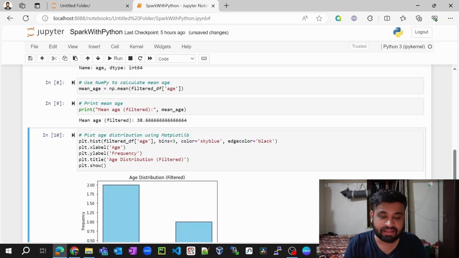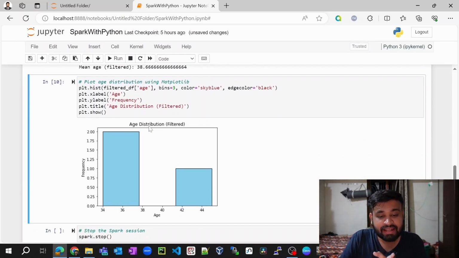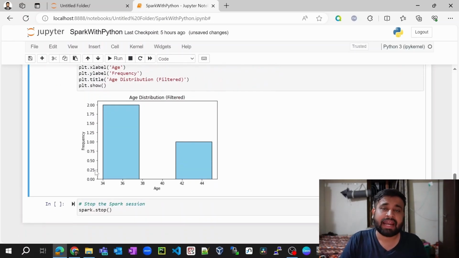Once I run this, as you can see, this is the age distribution, which is the label we gave using the title method, and we got the X label as age and the Y label as frequency. This is pretty simple to understand, and you can get all sorts of hidden meaning out of your data, because if your data is in a structured format, we will not be able to reveal any hidden patterns out of it. You have to use some visualization techniques as well as some mathematical transformation to get the meaning out of your data.